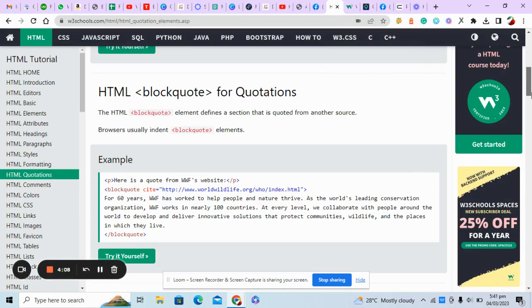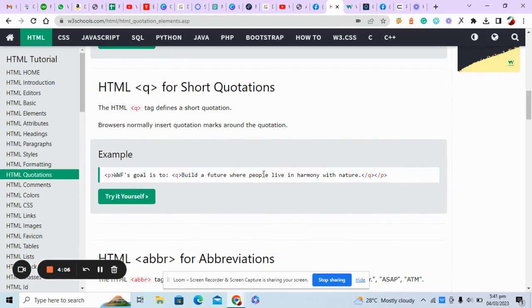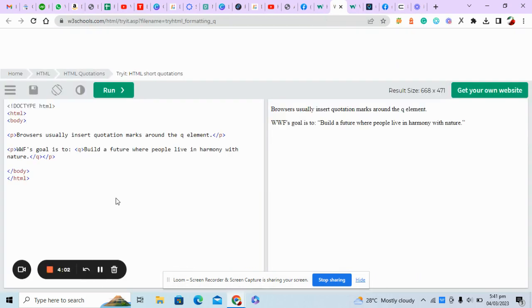So let's have a look at the next thing, that is for the short quotation. Let's have a look at its result. Here you can see that it will come in between quotation marks, inverted commas. Got it? Here you can see that this is the tag of Q,